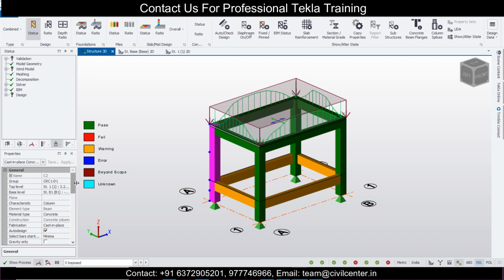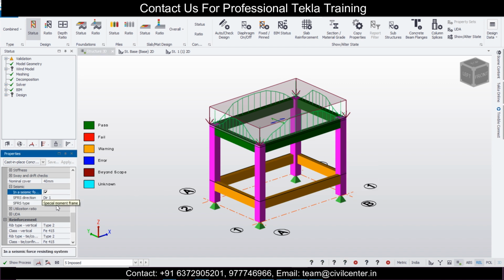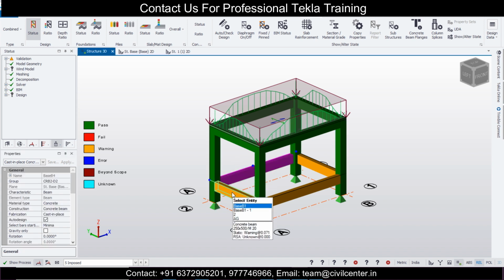Here we'll see an option of in seismic zone. What we'll do, we'll select all the columns first, and click here on in seismic zone direction 1, and we'll do this as ordinary moment frame, and after that we'll select all the beams here.